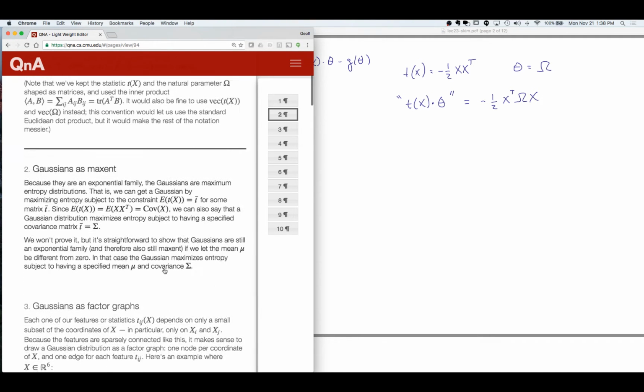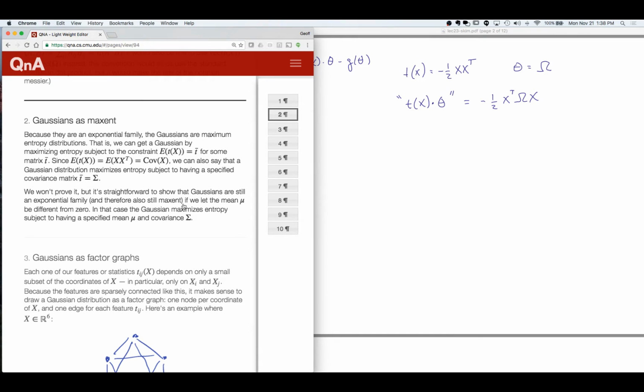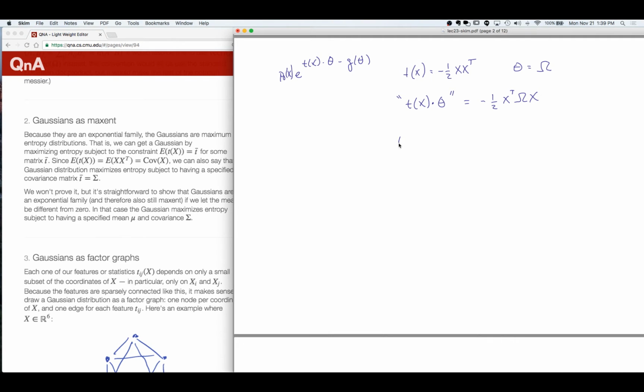Now, that means that the Gaussians are the answer to a maximum entropy problem. Every exponential family is the answer to a maximum entropy problem, namely maximizing entropy while constraining your observed average statistics to be equal to the statistics that you get from your parameter. And so that's this constraint here, the expected value of t of x given our parameters, which is omega, should be equal to t bar, which is equal to the average value of our statistic in the data,